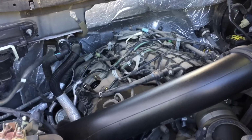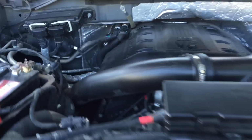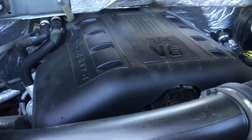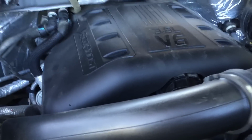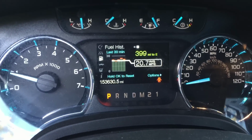Alright, let's put these in and see what happens. Alright, all 6 spark plugs replaced. Only took me like 15 minutes. Super quick and easy job. Put everything all back together, started up, it runs great. I thought there might have been a code set, but there was no check engine light,